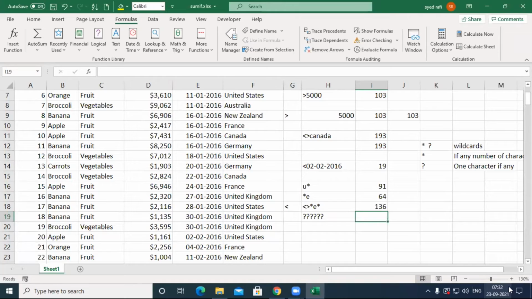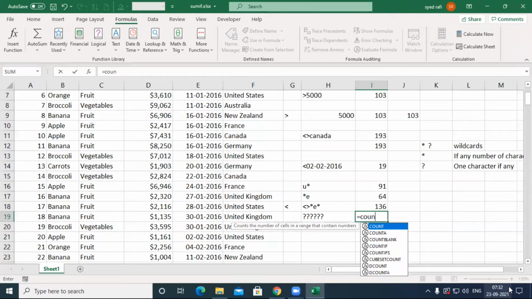The first letter can be any character, the second letter can be any character, and the last character too. One question mark stands for one character if any, but you may concentrate here, I have given 6 question marks.